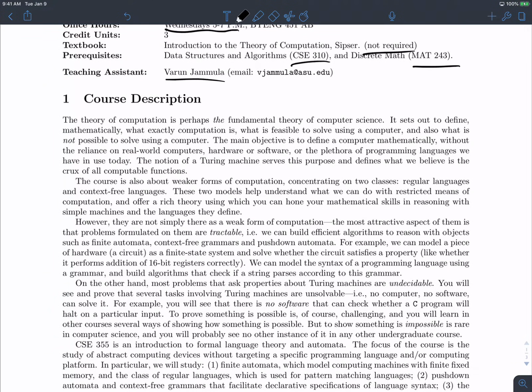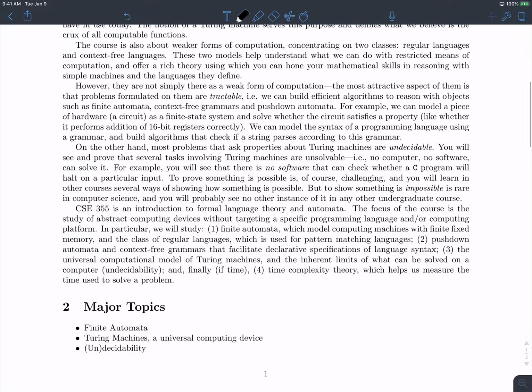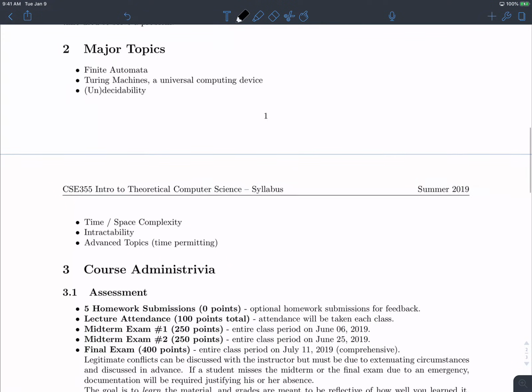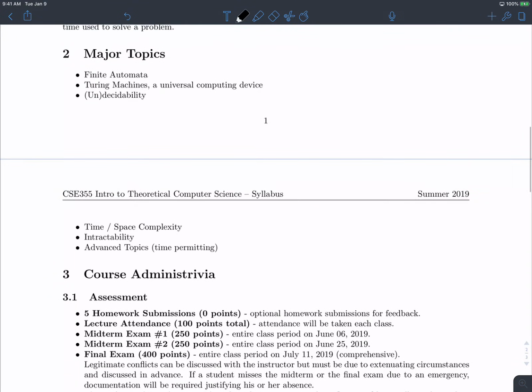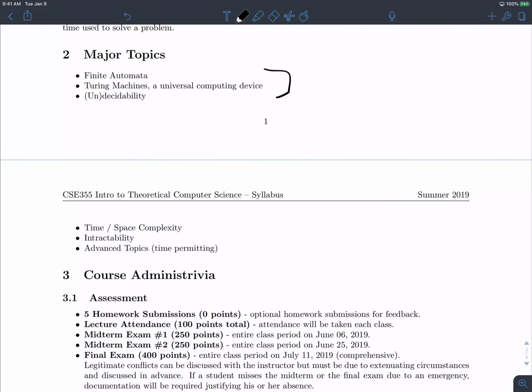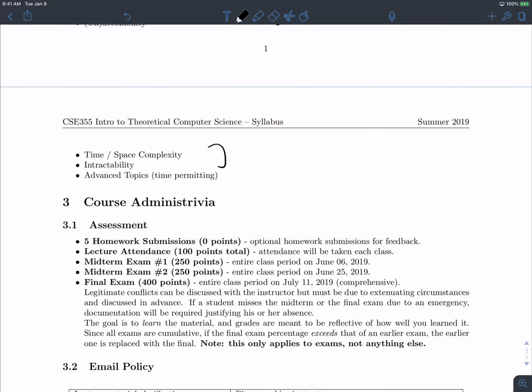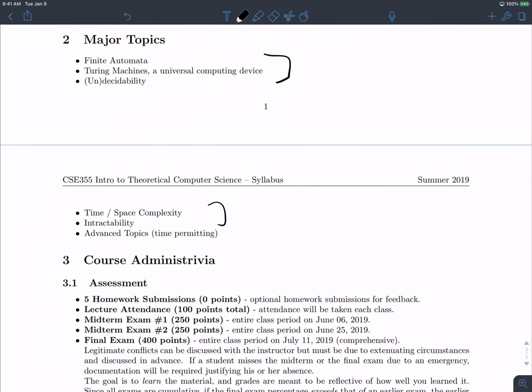Minus a few details. Okay, so that's the class description. Some major topics, basically the things we'll be covering most likely. I have to get through the first three, but the last 2 times I taught this, we got through the next 2, and then we may get to the 6th one if we need to, or if we can. So the reason why I talk about the last 2 instead of the first 3 is that how many of you heard of the P versus NP question?